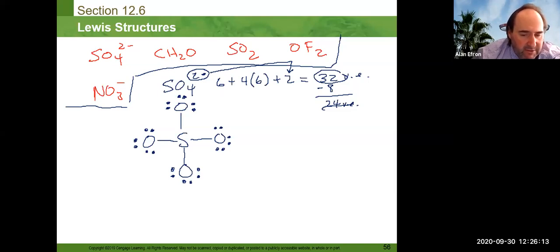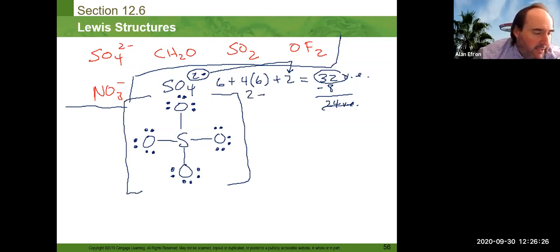The last thing you should do whenever you draw anything that has a charge, like a polyatomic ion, you should always put parentheses around it. And you should put the charge on the outside. Just kind of make it all prettier, I guess. But you should always bracket it up and put the charge on the outside. Any questions on how I got to this structure here? Okay. So let's go to the next one, which is